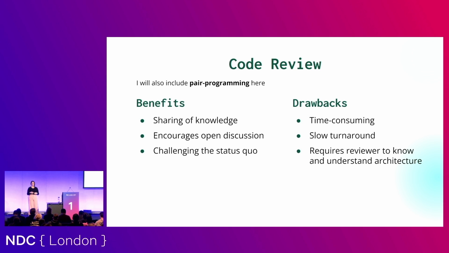So let's go through those. Code review, I'd like to class pair programming in this. I think pair programming is a great way of ideation and approach and getting a second set of eyes on your work, but you shouldn't depend on pair programming. That's putting a lot of load on someone else to also know the architecture of the system. They need to know it. They need to be on the ball. Maybe they had binged on Netflix the night before till 4 a.m, and now they're a bit tired. Yeah, it looks great. Yeah, commit. Off you go. It can have a slow turnaround. You're waiting on that person to be available to review your code and things like that.